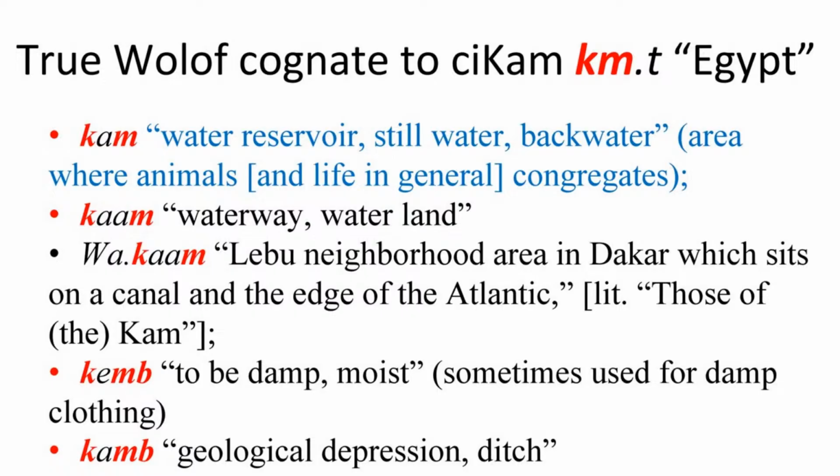And so those of the Kam, those of Kemet, right? And then we have variants of their root, Kimba, meaning to be damp and moist. And then Gam, meaning geological depression or a ditch. And these are all the same. So like when you see,